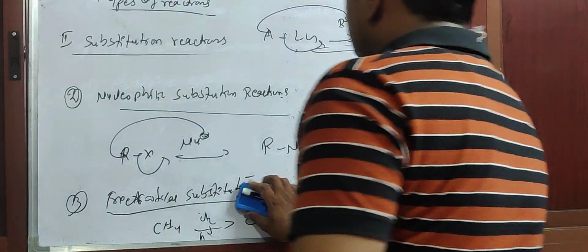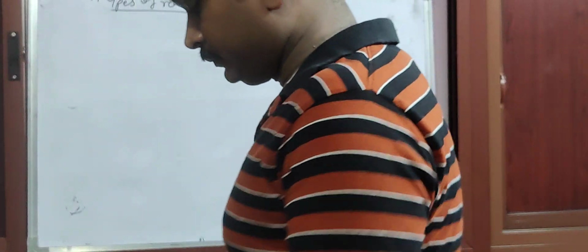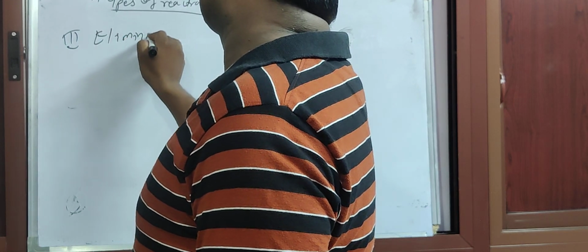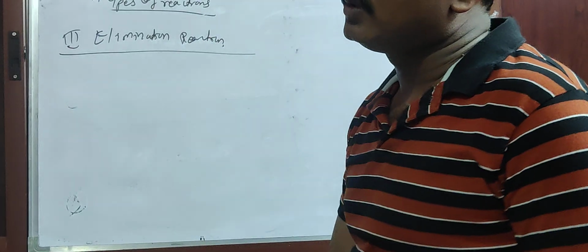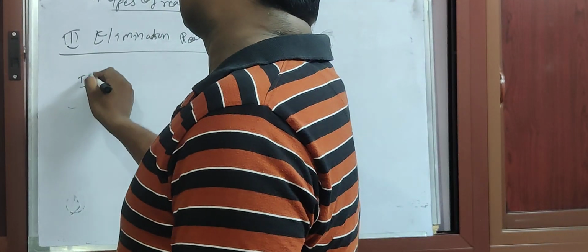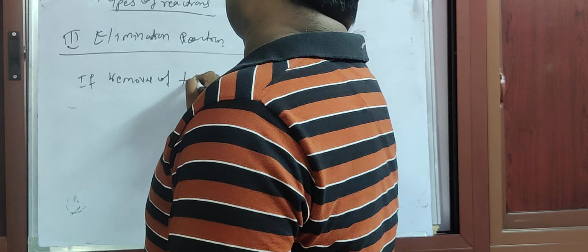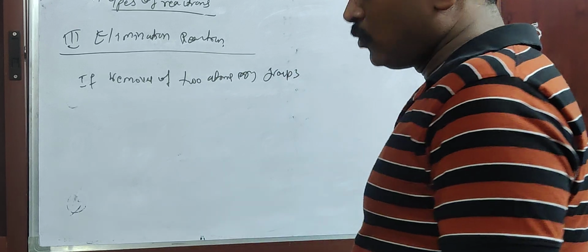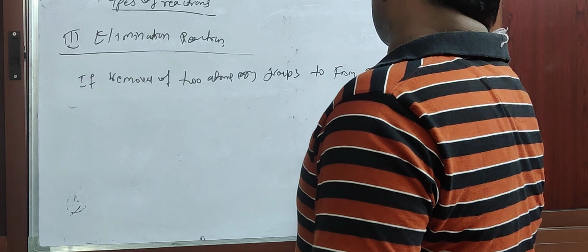One more type of reaction is the elimination reaction. The third type of reaction is called elimination reaction. It is the removal of two atoms or groups to form an alkene